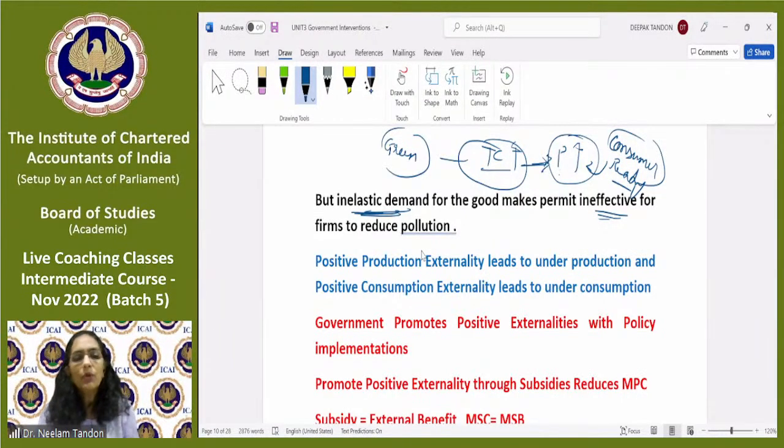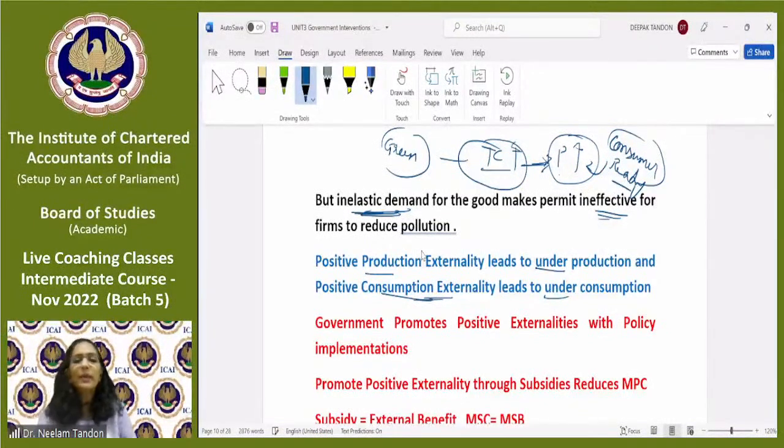Okay. So further, we had shared the positive production externality case and the positive consumption externality case also, where government has to intervene. Why does government have to intervene? Because in the case of positive production externalities, there is underproduction. We have shared education, health sector, and consumption externality leads to underconsumption, because